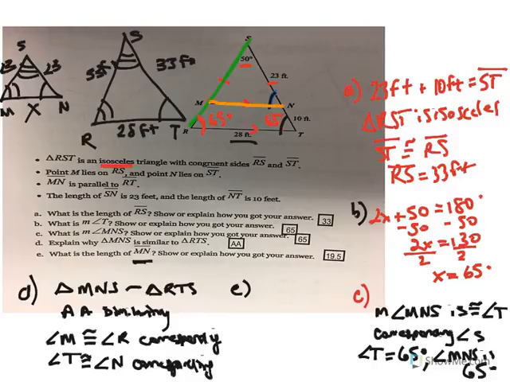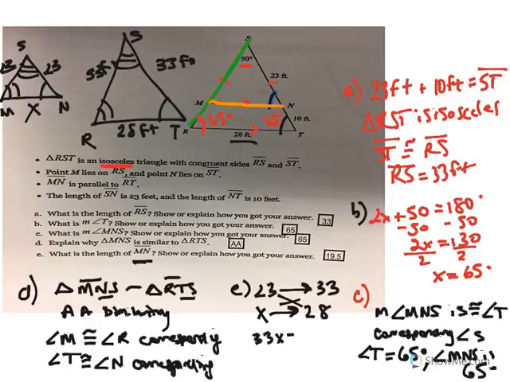Let's set up the ratios that we know that we're masters at by this point, okay? So side SN, look at our similarity statement. Side SN corresponds to side TS, okay? So SN is 23, and that's going to correspond to 33. And then MN, which is X, corresponds to RT. X corresponds to 28. We cross multiply, and we get